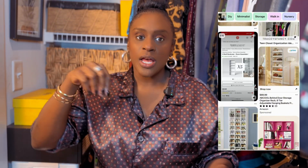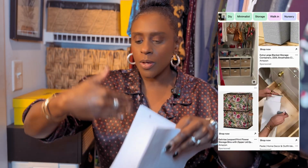So I could not live like that. And I bought a few of them to organize my sweaters, some cardigans, and also some knit skirts, right? I thought it'd be perfect. You could roll them up, tuck them in there. They look cute and nice and neat, right? But the problem is